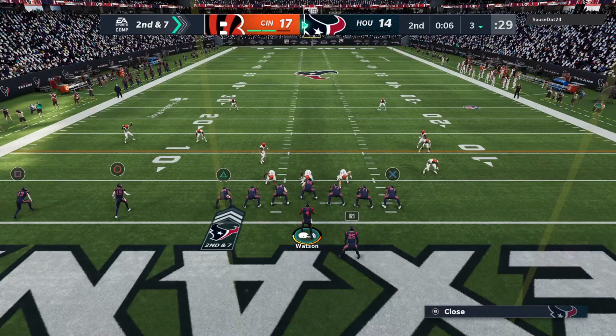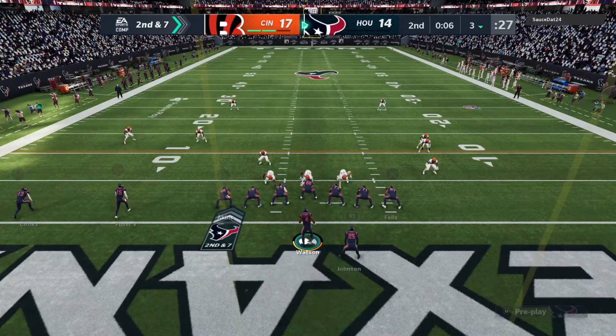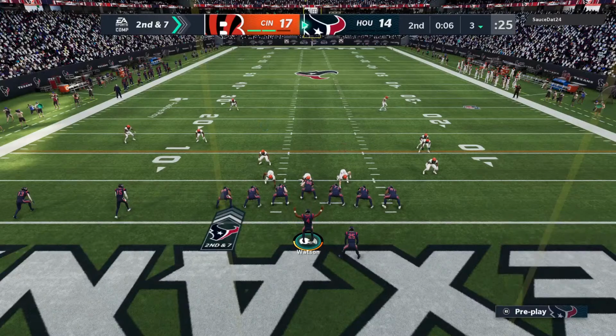Check 26, check 26. Check the backer, check the backer. Check 3, check 3, check 3. Shift, watch